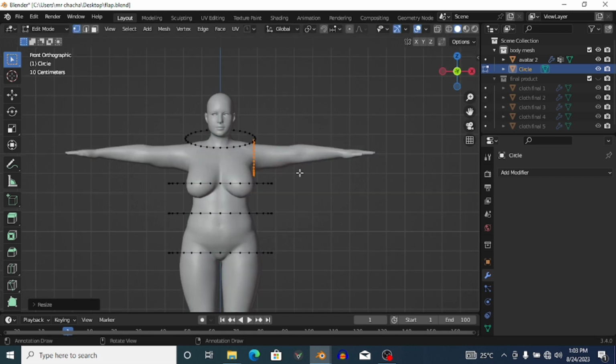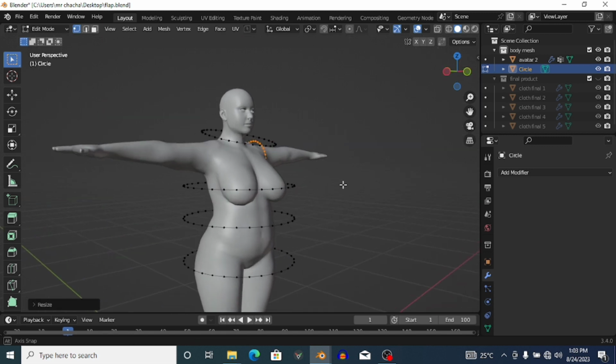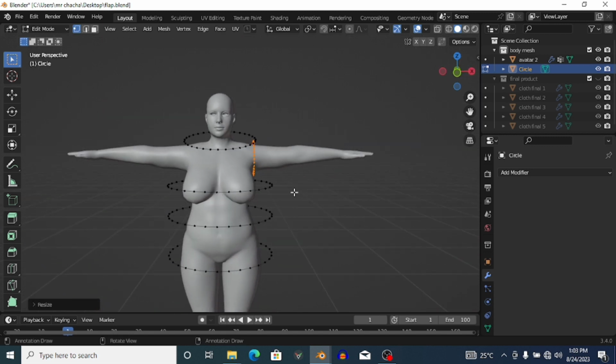Something like this looks good. So we're done with the cycles. Next up will be the lines. Okay, so what we're going to do right now is I'm just going to first of all look from the